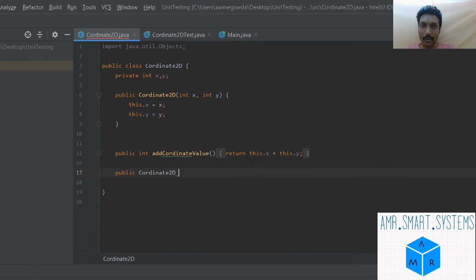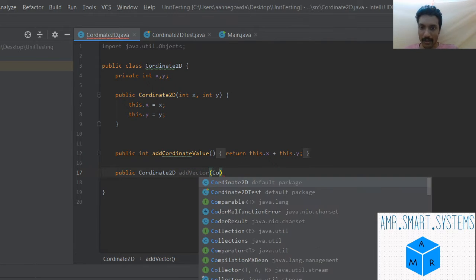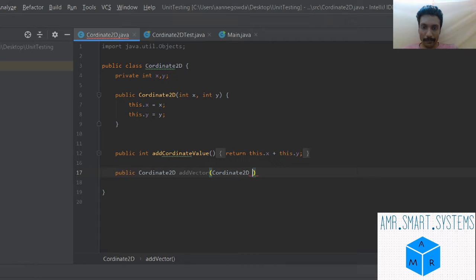The function is like adding two vectors, as in coordinate geometry. So we can say addVector. The input is Coordinate2D, maybe we can say otherVector.